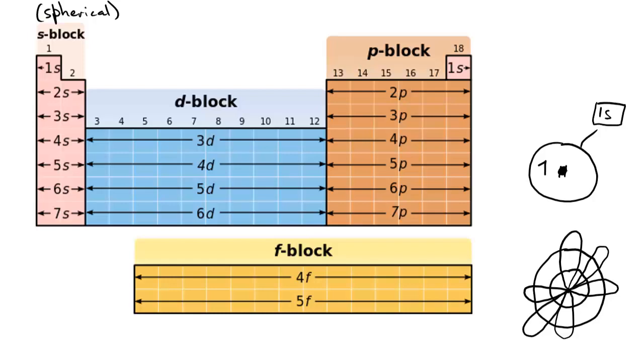They will always, within an atom, fill at the lowest possible energy available, so they will organize in a way where they occupy the orbital that's at the lowest energy state first, and then it will go out into higher and higher energy